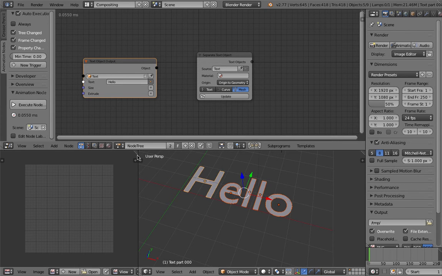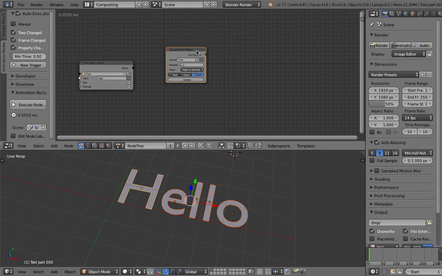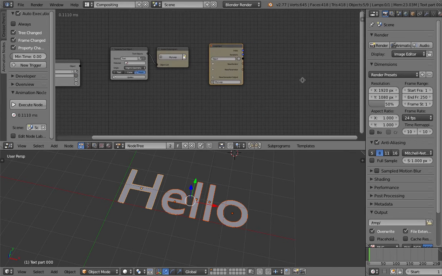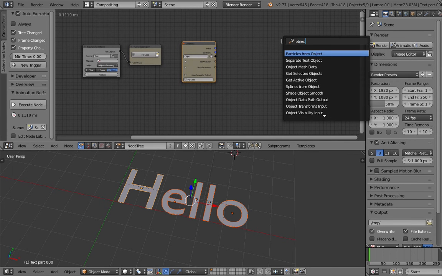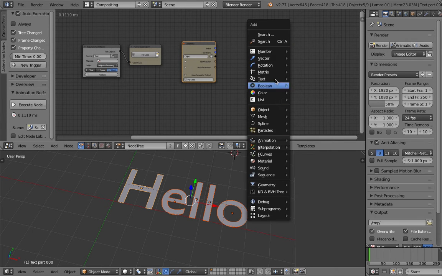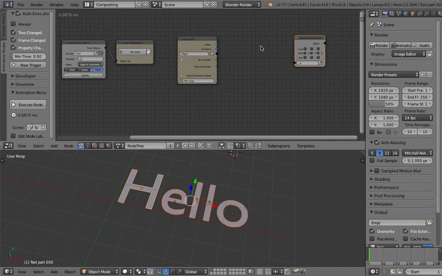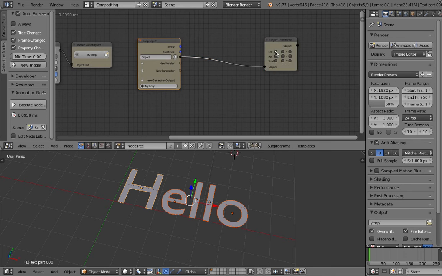So here we're gonna control the text object output. Actually it's more like object transform output, and for each object we're gonna